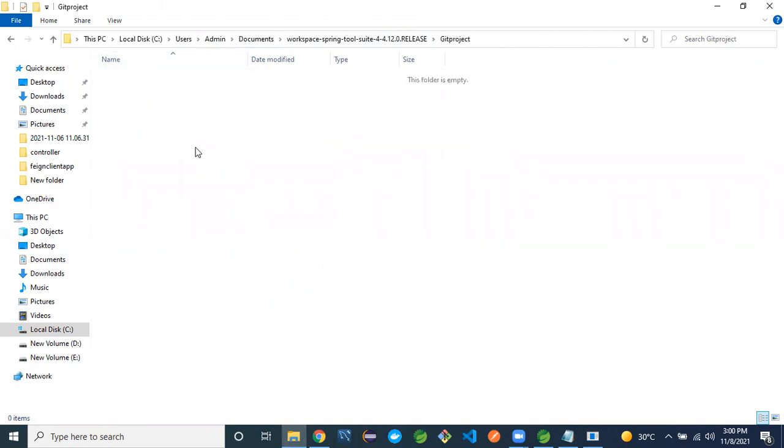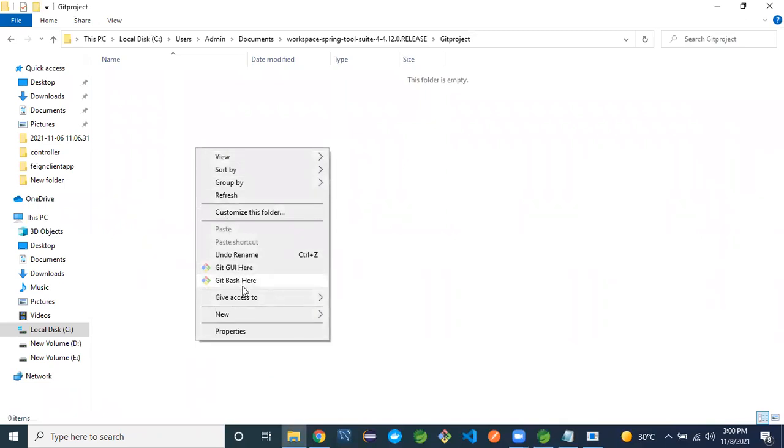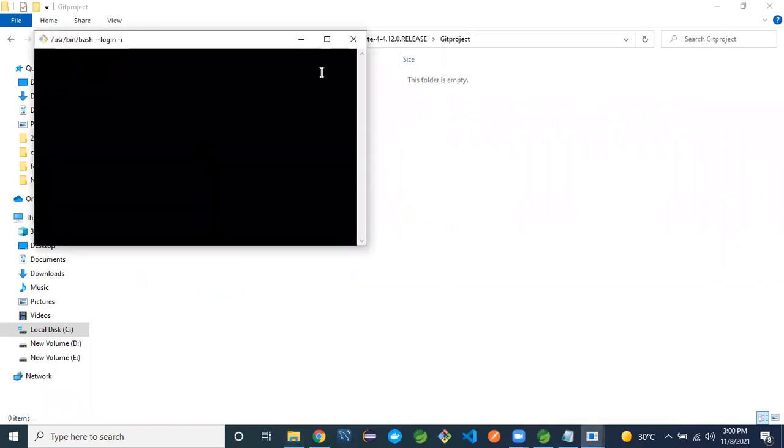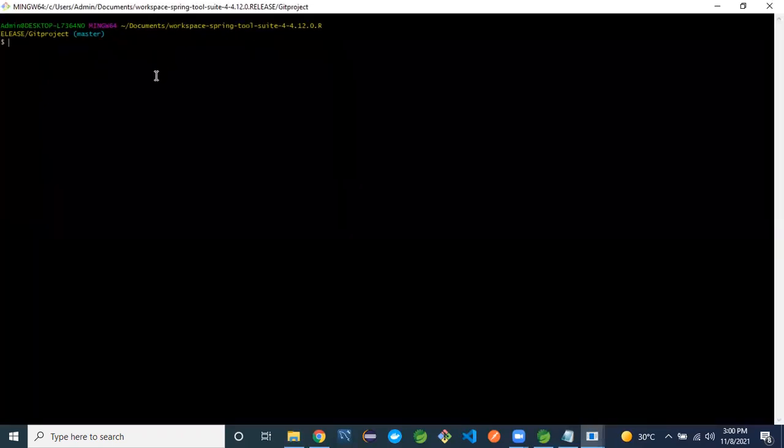Right click here, go to Git Bash here. How to check out code?